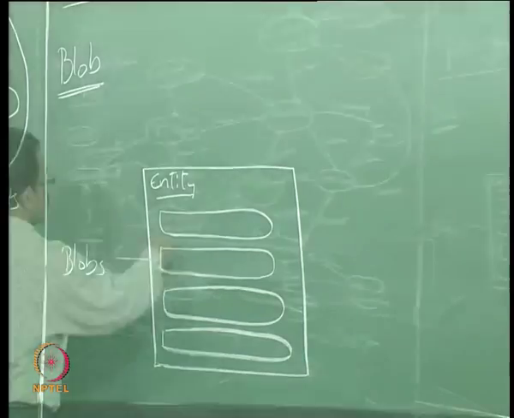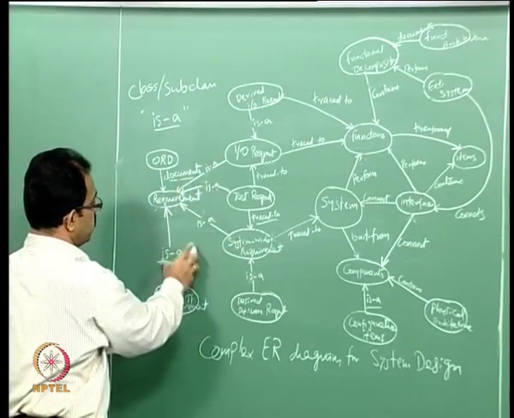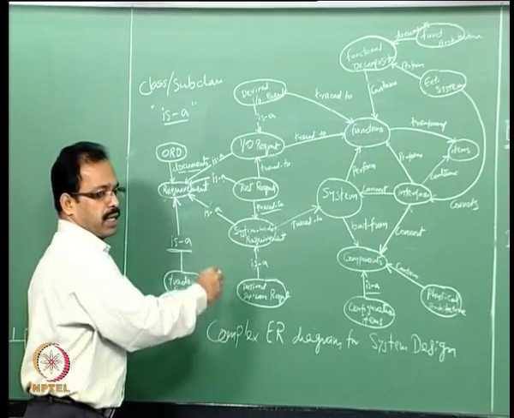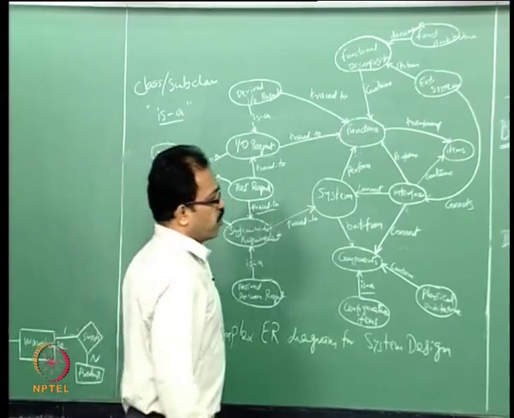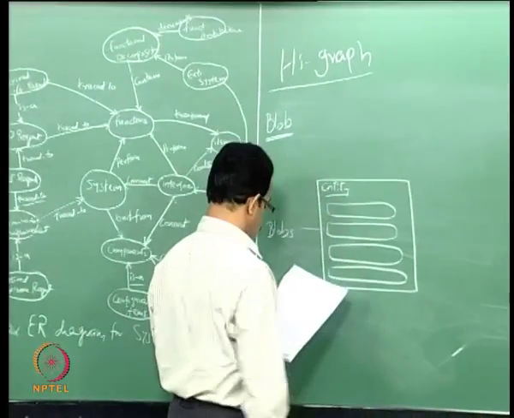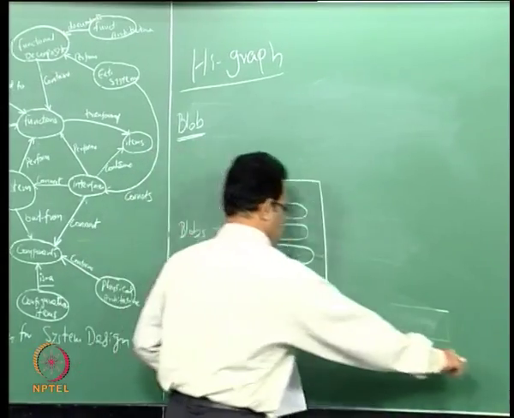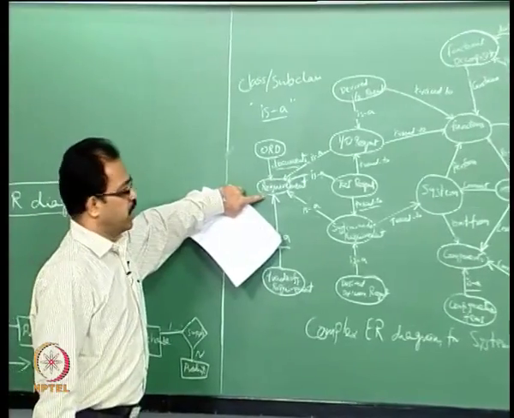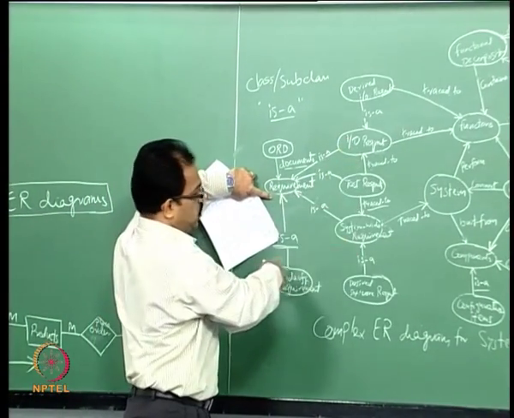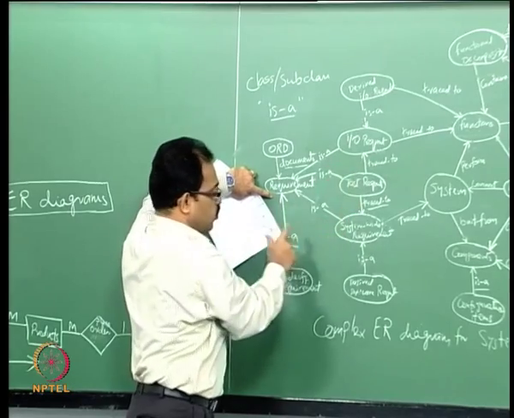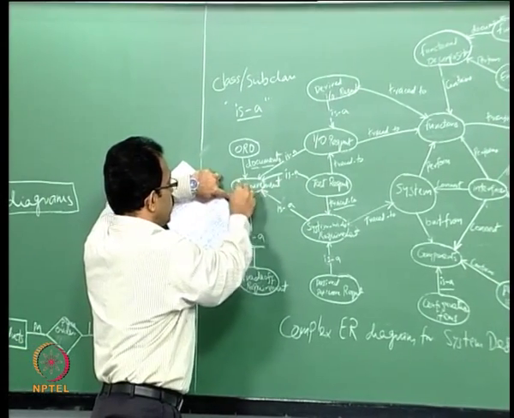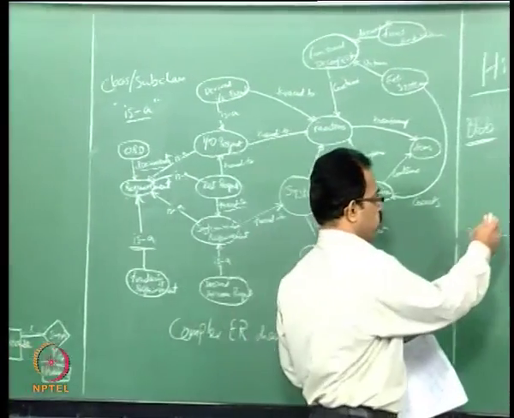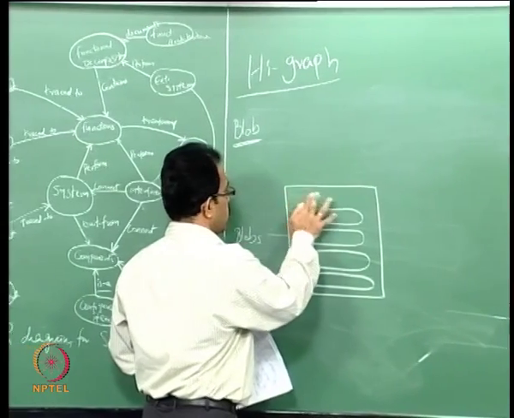As you can see here there are many entities. Some of these entities can be combined together to make a single entity, and this collection of the small elements will be known as blobs. For example, take the entity here as the requirements. Requirement is one entity which actually consists of many subclasses. So, we can represent all these subclasses in a single entity, and then represent requirement as a single entity showing all these subclasses. That is the blob. So, here instead of this entity I can actually write requirement as an entity.